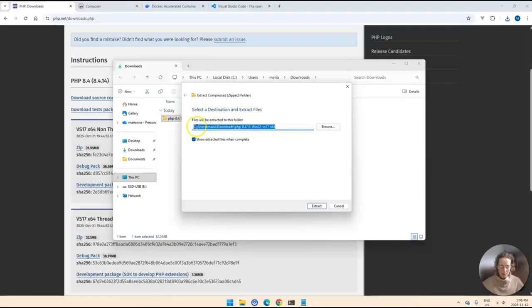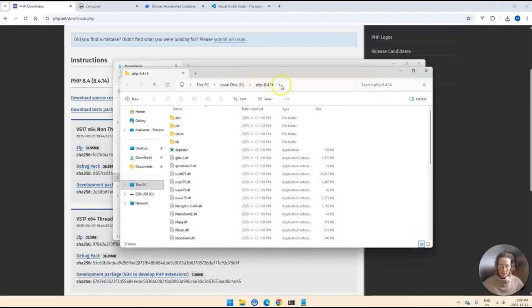So we need to put it right on the C drive works. Delete this. And then I'll just get rid of all these other things. So it just says PHP 8.4.14. Extract. Now we need to copy this path, copy address, and we need to tell Windows where